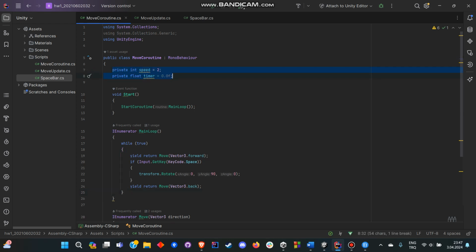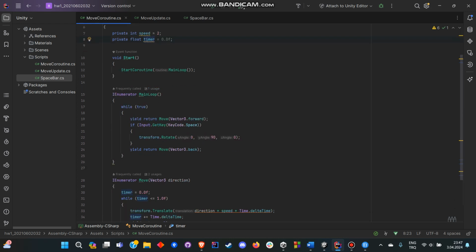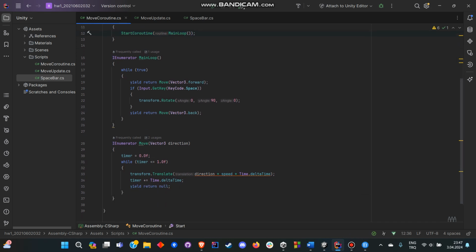And here is our move coroutine script. We are using two parameters again, speed and timer. We have our Start function. In our Start function we have StartCoroutine and MainLoop. In MainLoop we first start by again moving forward, and since we said yield return Move Vector3.forward,